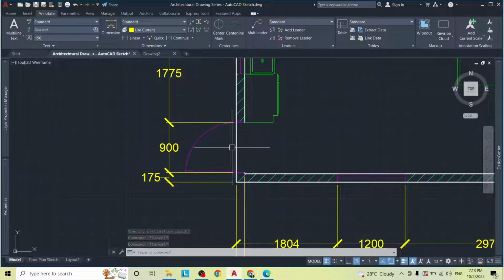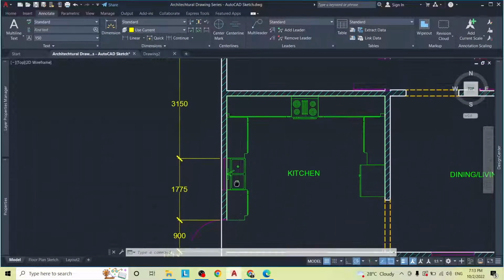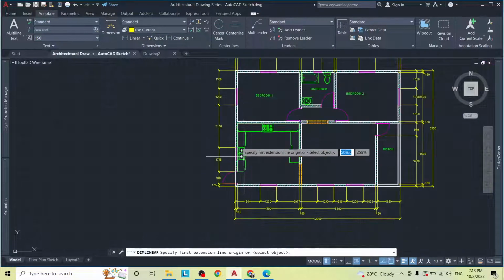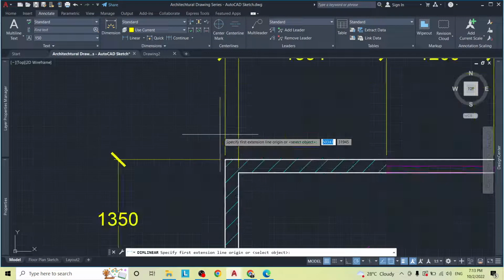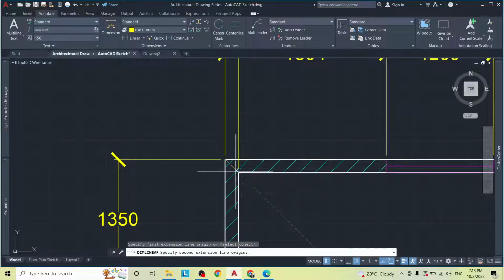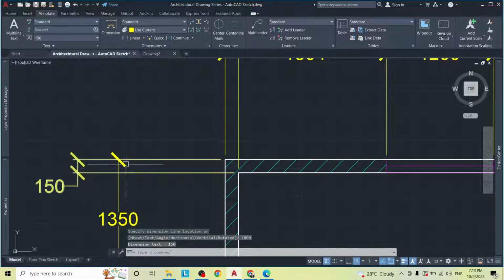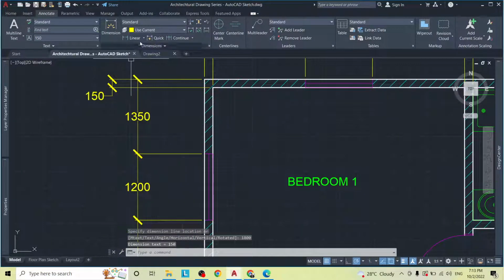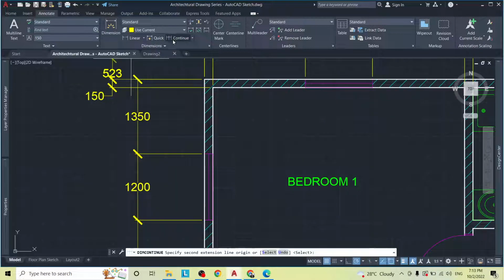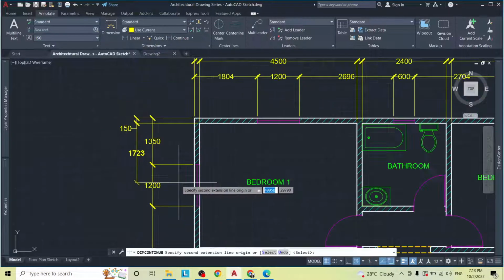All right. So let me just do the second layer dimension, the second row. So from this wall to that one, bring it down to 1800. I'm sure you get the hang of it now. I mean, I really should not have to do the whole thing, but I want to do the whole thing